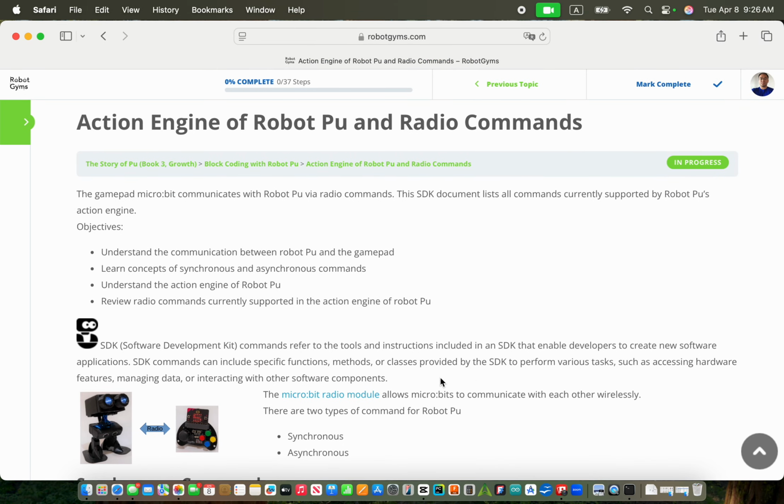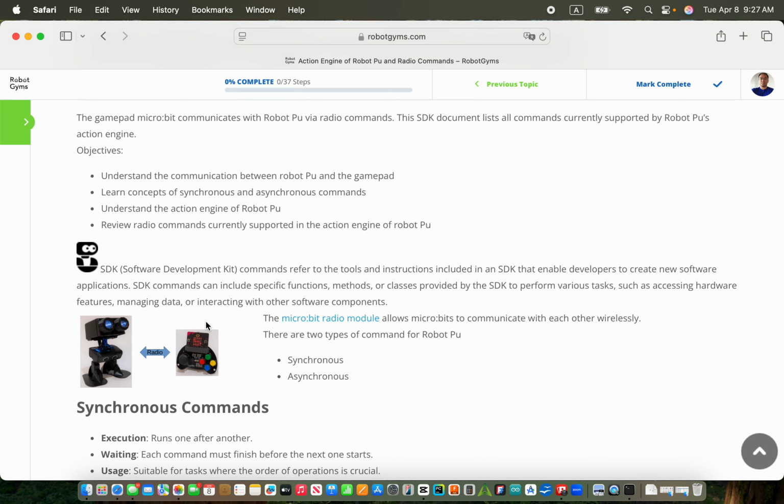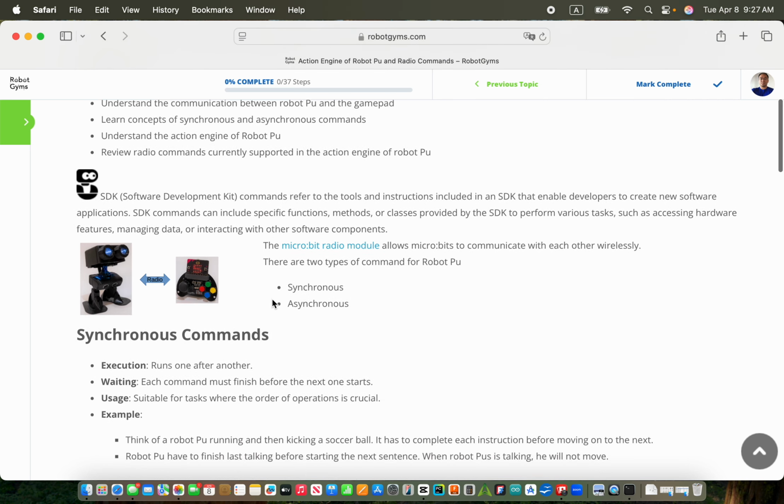And now, in today's video, we need to understand how the gamepad controller communicates with Robot Pew, what synchronous commands and asynchronous commands are, and how the action engine of Robot Pew works. And first of all,